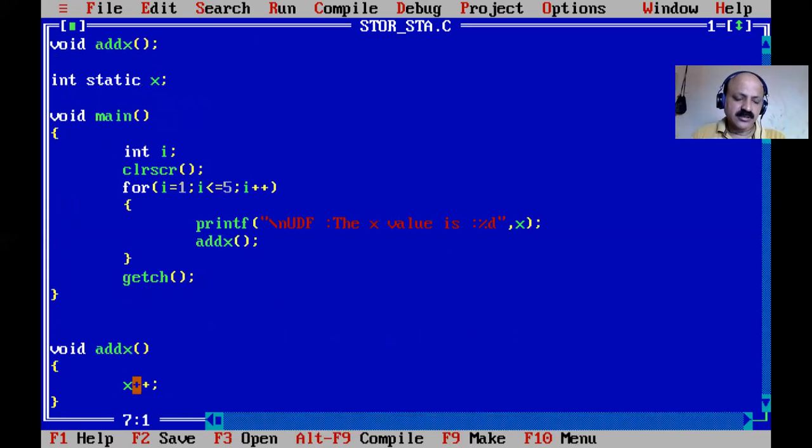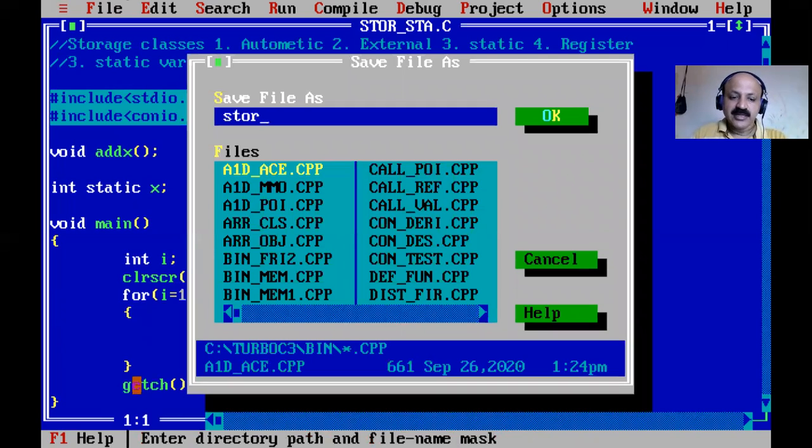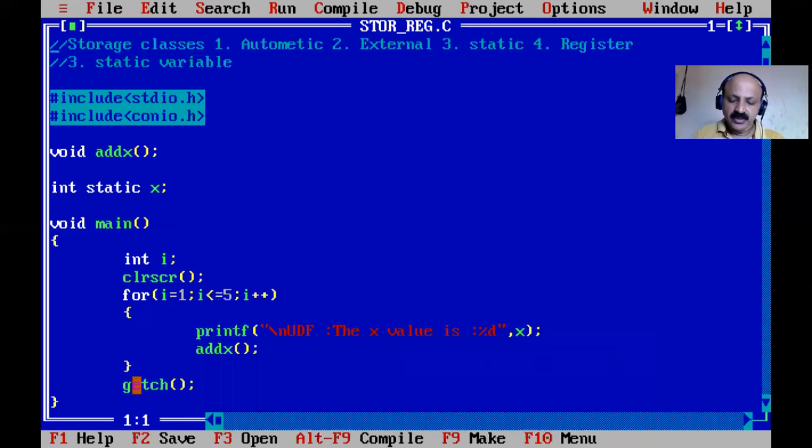So I think you can understand why it is used, just as a technique for storage. Yes, so let us check how the register variable works. So here is our fourth concept. There are four concepts, so register variables, or the register storage class. So yes, that is the last concept.